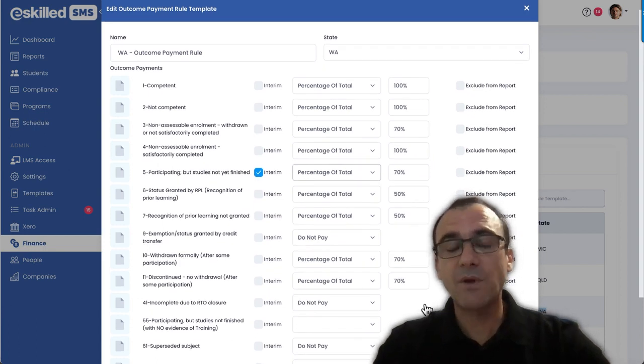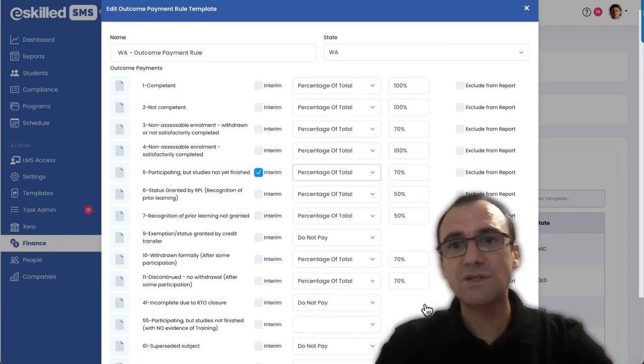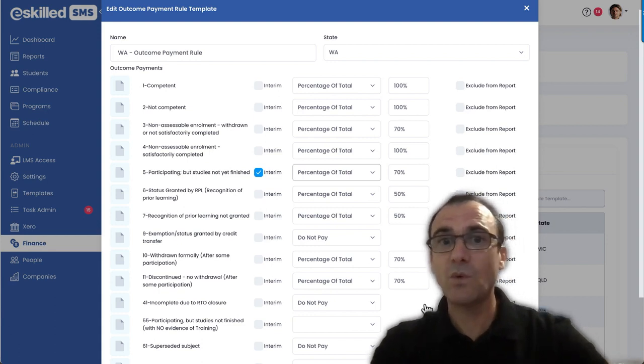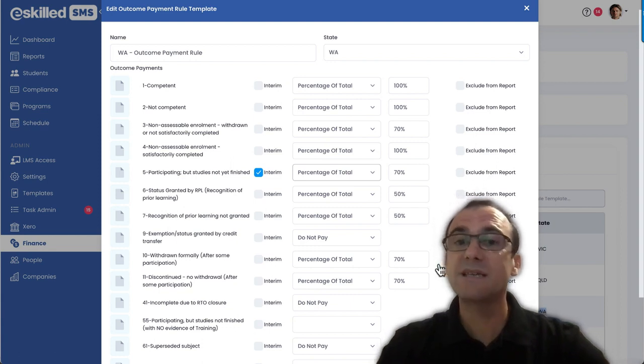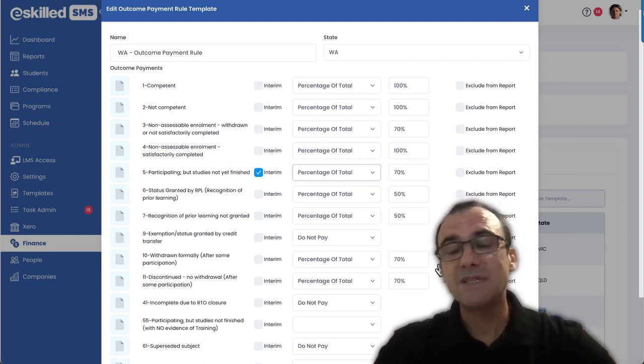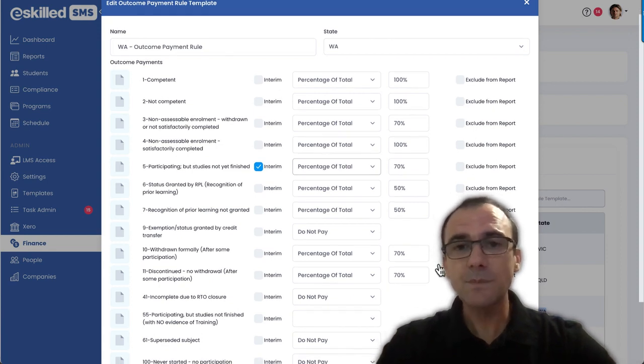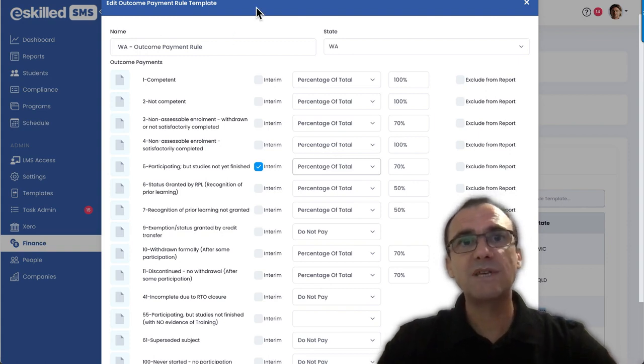They're there to really help you get started and reduce the amount of data entry that you need to do, but we do ask that you quality check everything before you start using it in any programs. Obviously, it in fact impacts the way that your payments and claims will calculate, so it's really important that it is all correct. So the first thing that you would do is open up your outcome payment rule templates, and